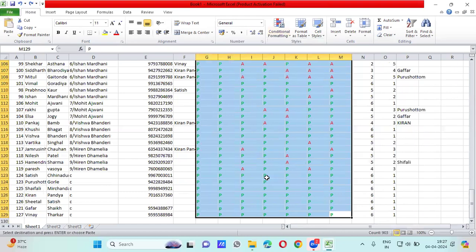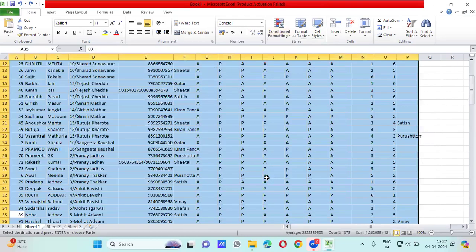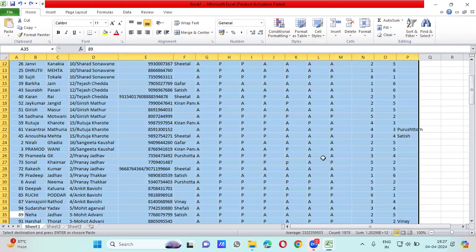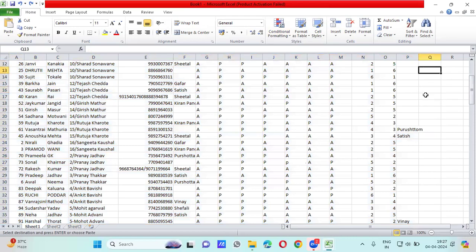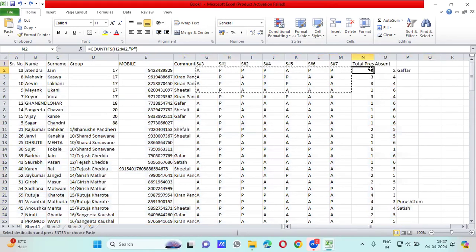One minute. Suppose this is the count of people who have attended the sessions. Now, whether that trend has increased or decreased as per the normal, I want to apply